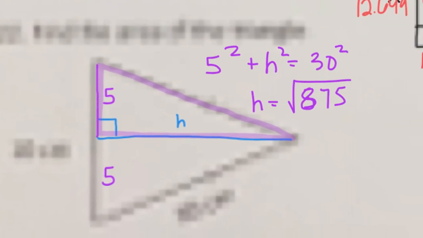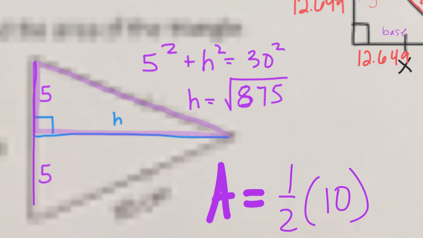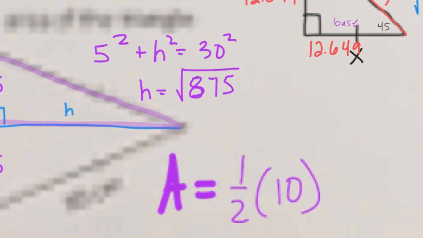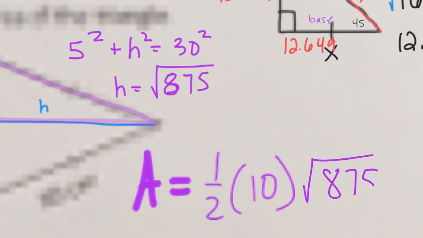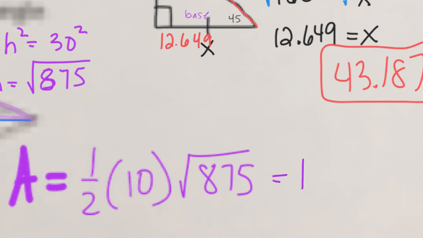Okay, so in this case, the height is the square root of 875, right? 30 squared is 900. 900 minus 25 is 875. So area equals 1/2 of our base, which is 10, right? 10 is the whole entire base. The whole base of our triangle is 10. Times the square root of 875. And my calculator says that is 147.902